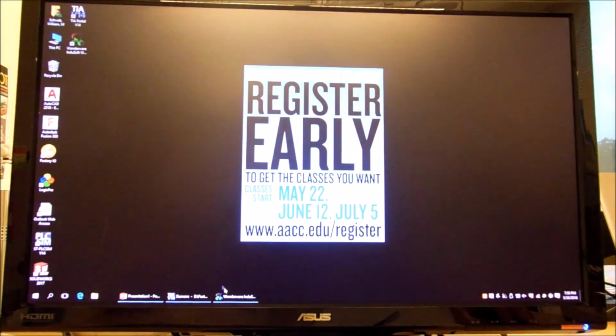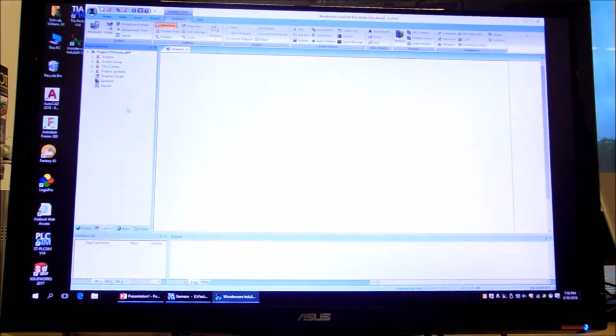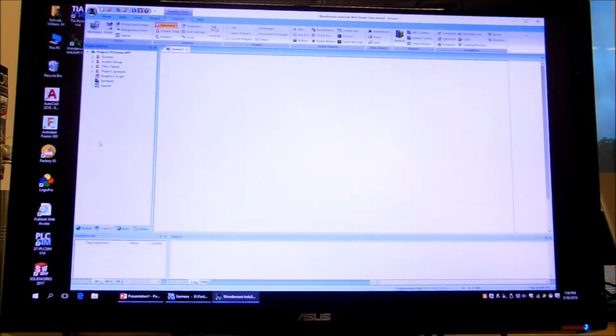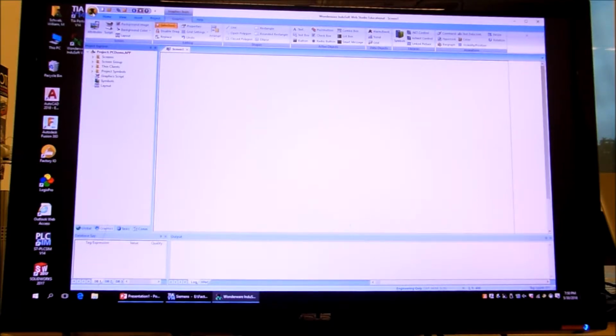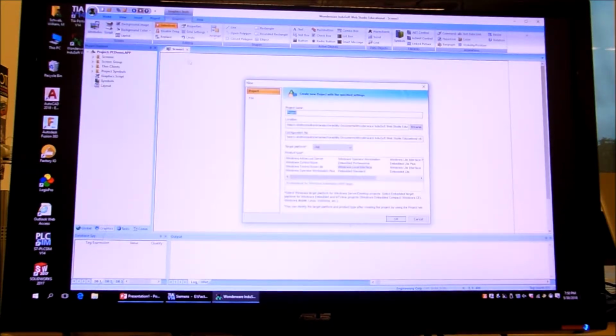We're going to WonderWare. So I have a blank screen open with WonderWare. Now be really careful, because generally speaking, it opens into the last program available. Since this is new, it's probably going to open up into this PC demo thing. You definitely do not want to be here. So you go in there and say new, and I'll just call this